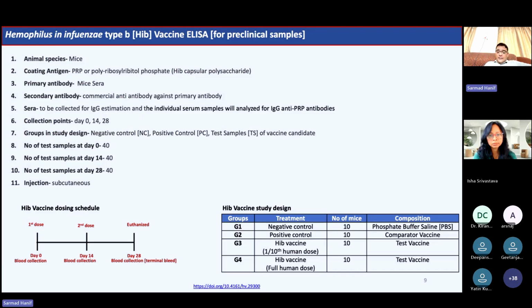Other things which are responsible can be free polysaccharide or free protein, which are giving you the non-inferior or inferior response. So that is why I am telling you that there can be n number of reasons